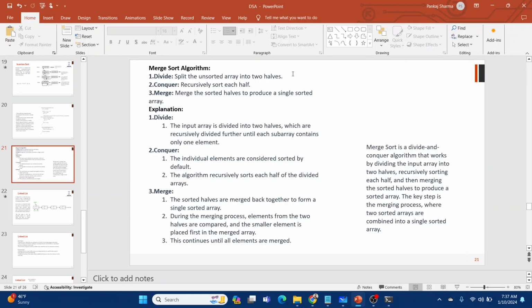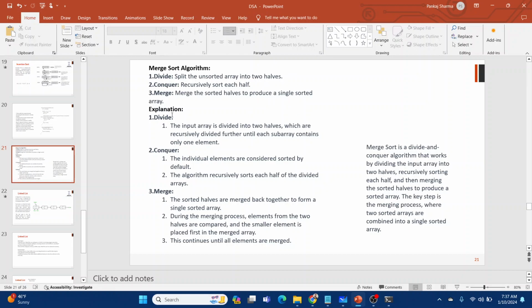So it means it just works on the divide and conquer concept that we used in binary search also. We take an array, we divide it into two parts, then recursively divide them until they are left with only one element. After one element, we start merging them back, and while merging, we will make sure that every half stays sorted, right?